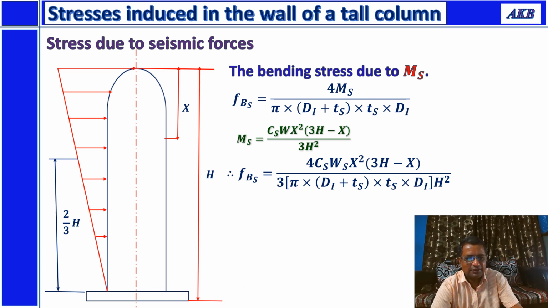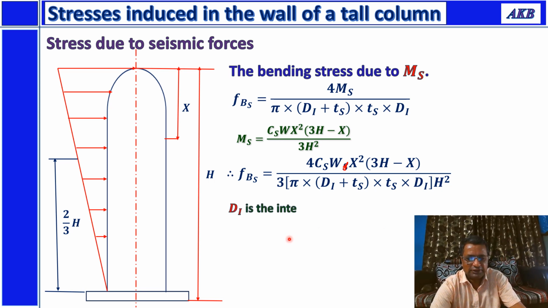Ws is nothing but the weight of the column. It is not Ws, it is W. So 4 into Cs into W into x square into 3h minus x, divided by 3 into pi into di plus ts into di into h square. So if you combine these two equations, you get the final equation for stress that will be induced due to